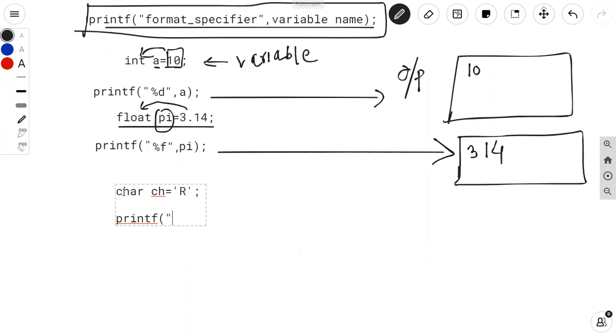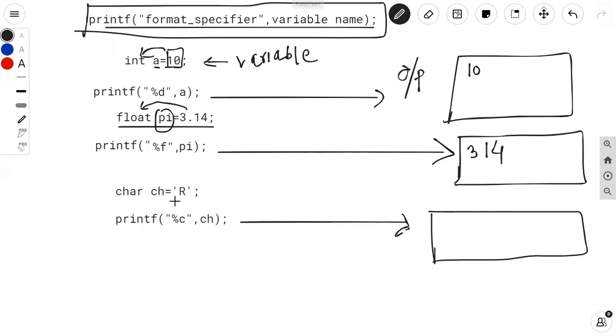Which format specifier is used for printing the character value? %c. And which variable name contains the character value? Ch is the name of the variable, and semicolon. So then it should print the value of ch variable on the screen. So value of ch is capital R. So it will print R on the screen.